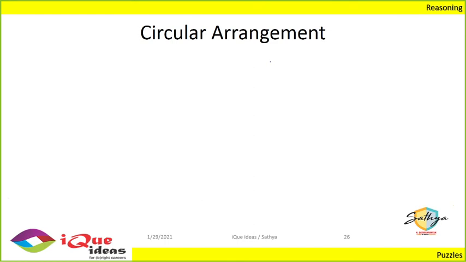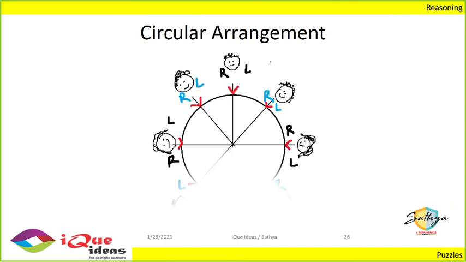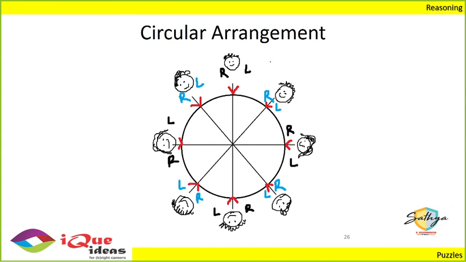Now, just to make matters clear, take a look. There are 8 people who are seated, and I marked the left and right for every person. For the person who's at the bottom, the left and right is the same as us. But for the person at the top who is looking at us, the left and right have to be interchanged. So to avoid that confusion, if you go in the clockwise direction, everybody's left is in the clockwise direction. That makes life simple.